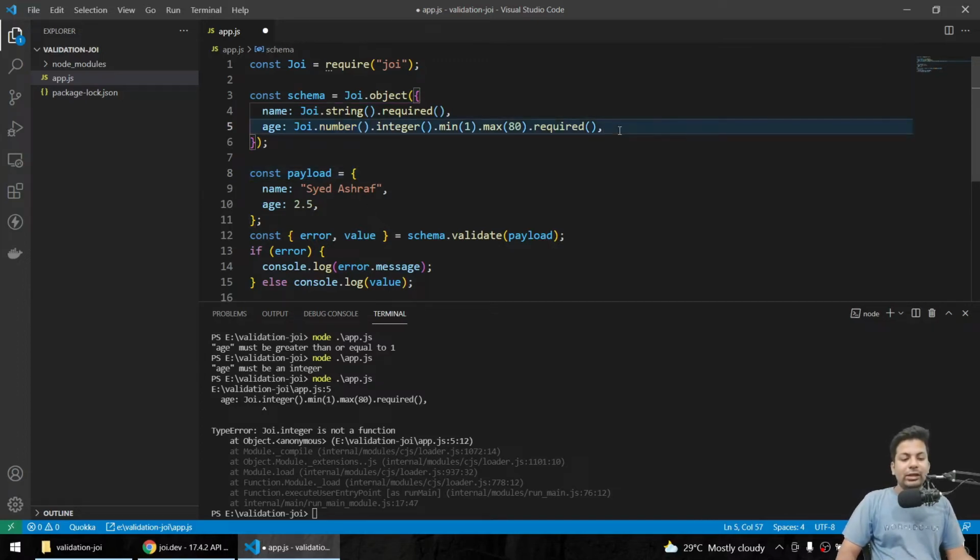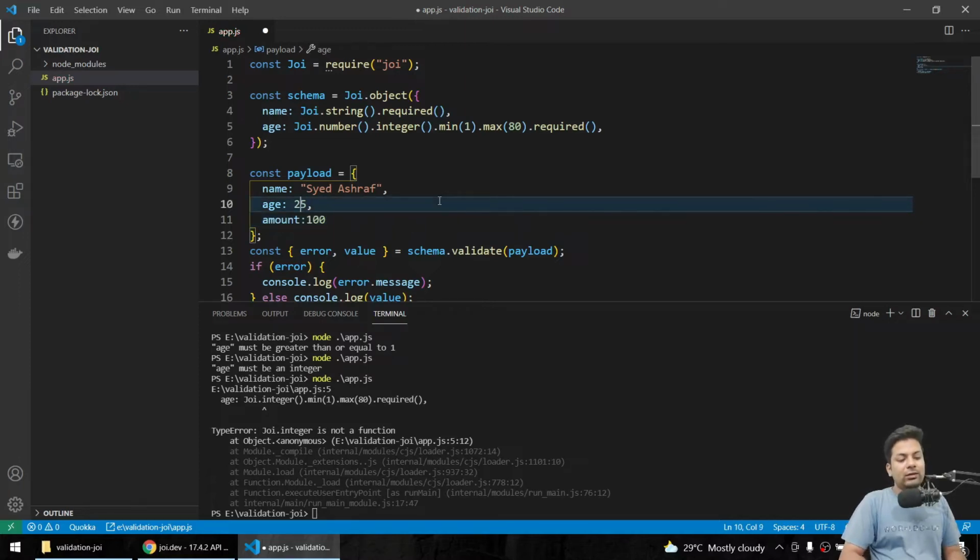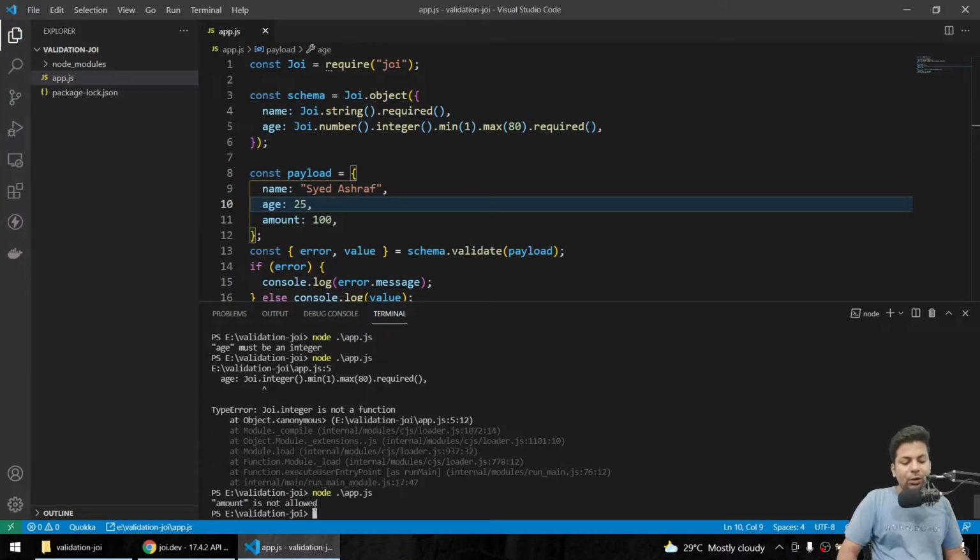Now there is another part which I am sending, balance, or maybe amount. I'm sending some amount. Here we'll say amount is 100, and here we'll make age 25 only. So amount is not allowed.